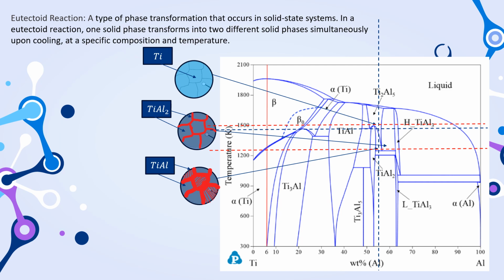In a eutectoid reaction, one solid collides with other substances and turns into two other solids. In this case, at about 1350 Kelvin, our solid titanium collides with 55% weighted aluminum to partially turn into TiAl2 and partially into TiAl. Both of these resulting compounds turn out to be two more solids, making the reaction eutectoid. During these changes, the structure of our original titanium portion changes from hexagonal close-packed to two differing forms of